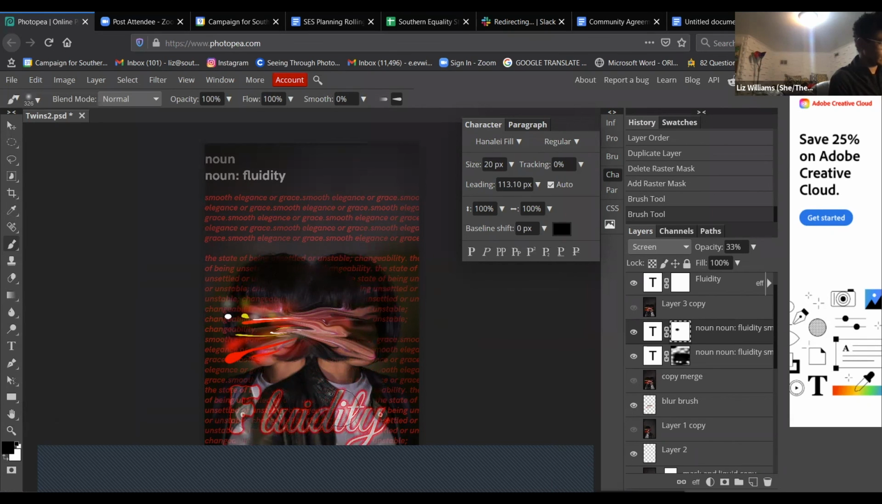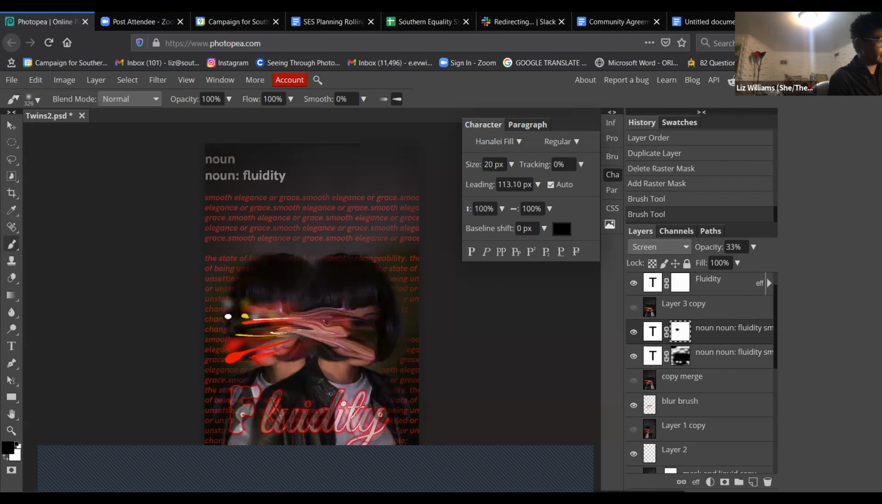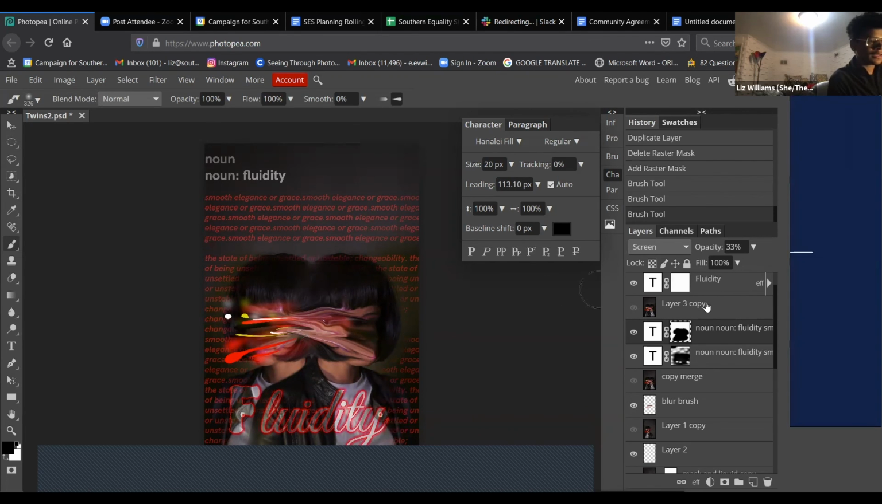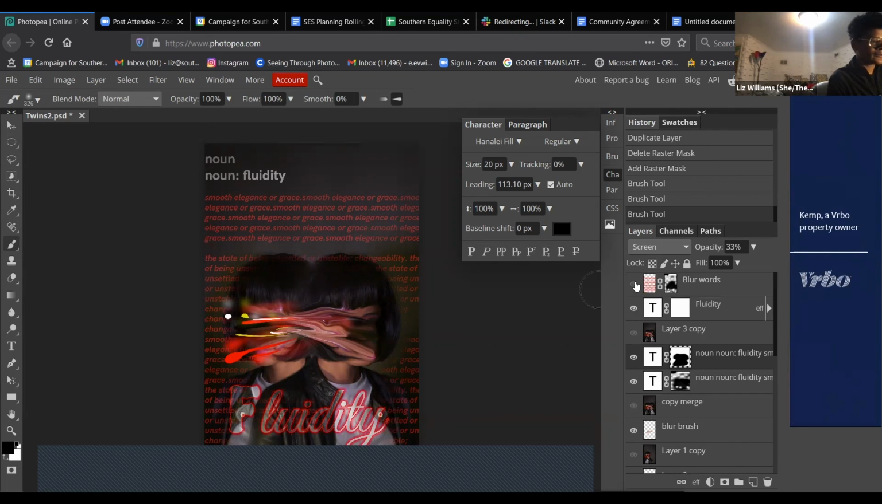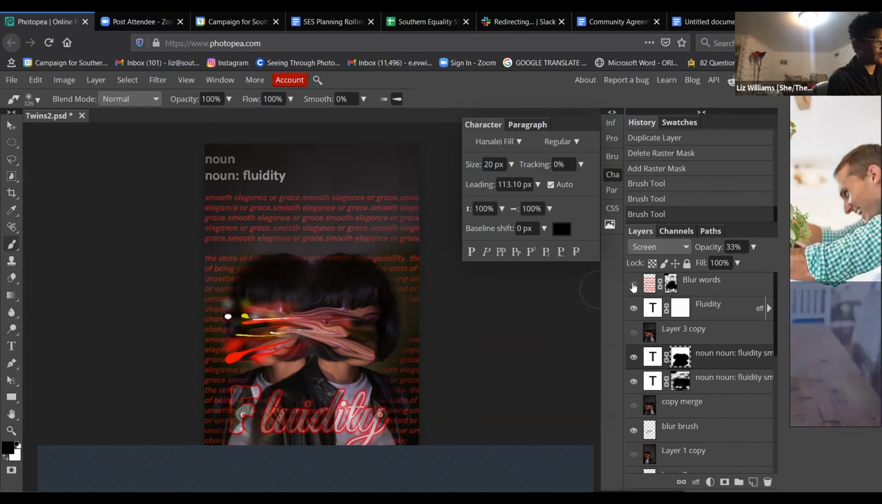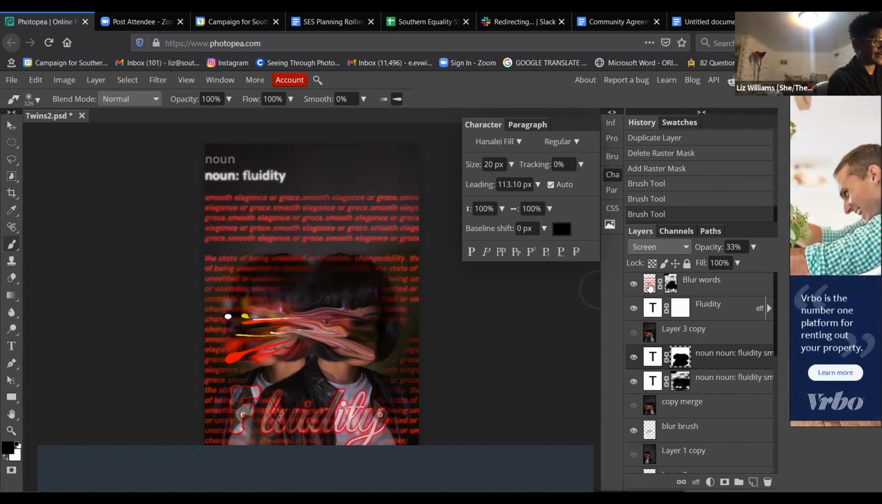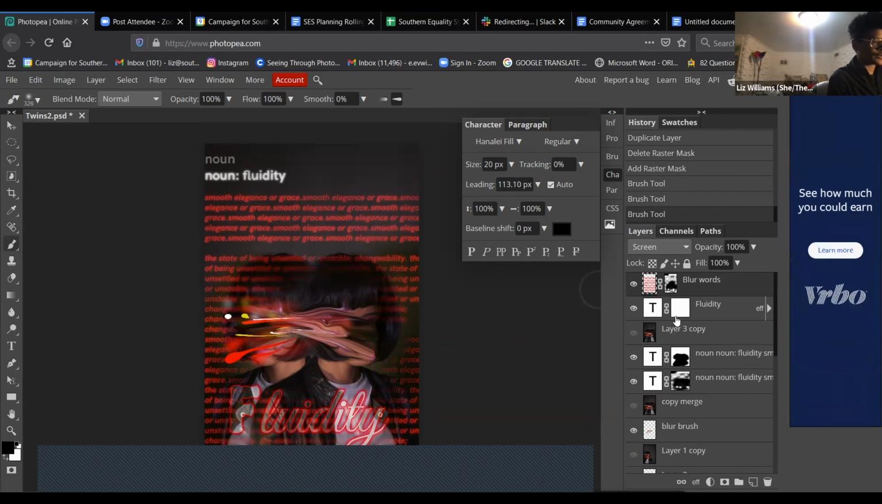And that's basically what I did for this image. And that's basically all I, oh yeah, and I copied that text by dragging it over to that copy layer, and I made a new text layer. And after I did that,